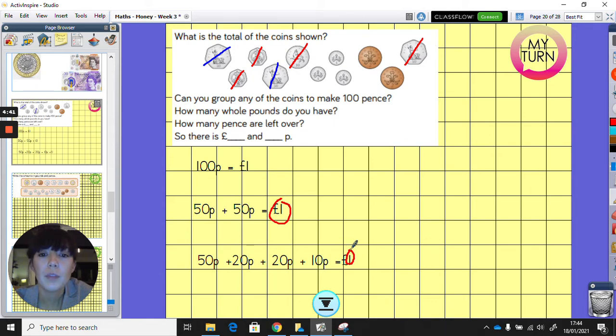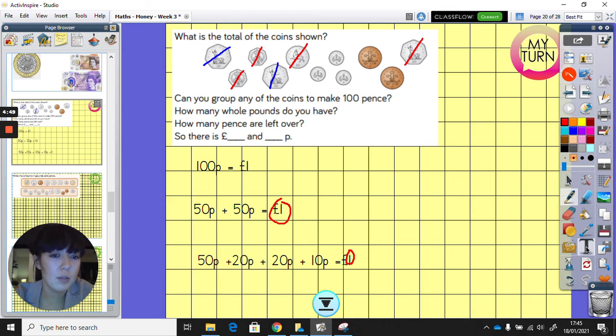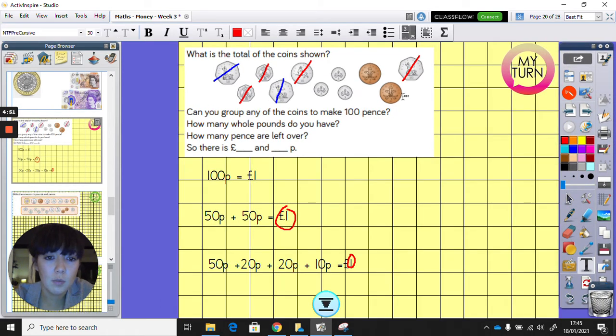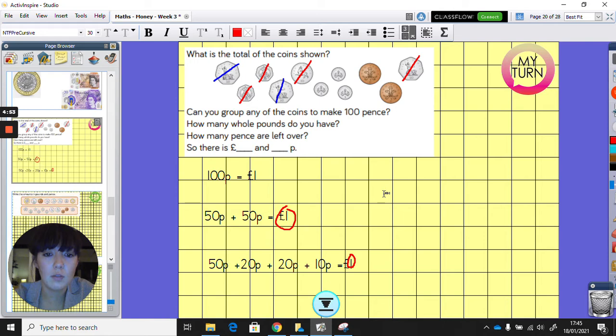Oh, that's gone a bit wrong. I don't think I'm going to be able to make another pound because I don't think I'm going to have enough coins to make 100p. So let's just have a little look. We've got 3 lots of 5 and we've got 2 lots of 2. So let's go for 5 add 5 add 5, 5p, add 5p. Oh, it's gone red. Add 5p,